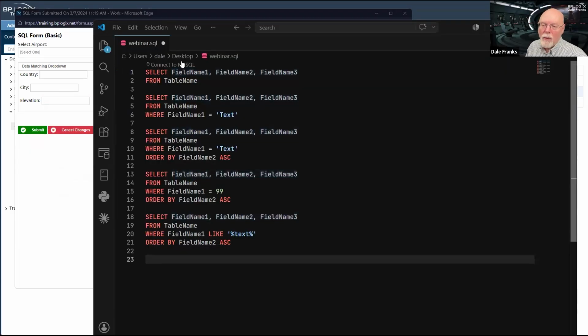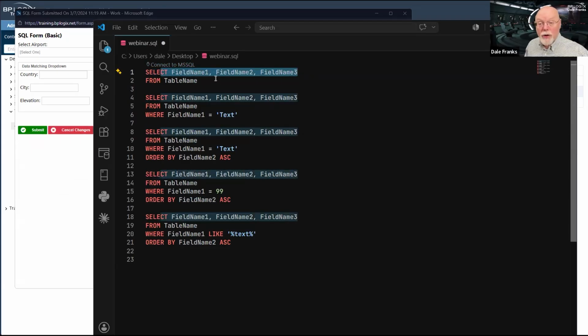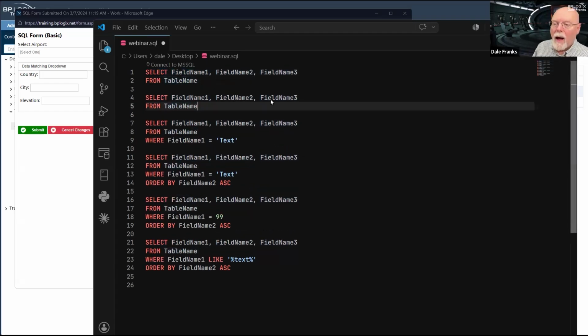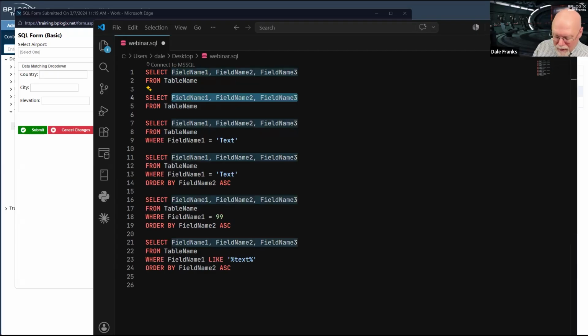So it's just going to select those 3 field names. Now, I do have an alternative way if I want everything. In fact, I have used that here, and we'll go back and take a look at it in a second. I can just select everything.